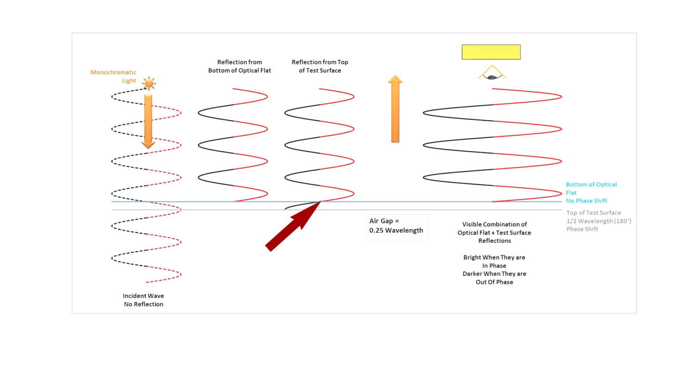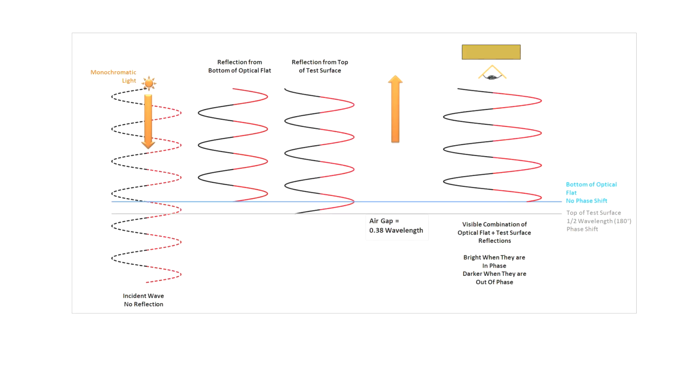So, at the optical flat surface, the part's reflected wave is in phase with the reflection from the bottom of the flat. Since they're in phase, they add, producing the maximum brightness of the combined waveform. Now let's increase the air gap to about 3/8 of a wavelength. The reflection from the part changes phase since the path length through the air gap is increased, and the combined